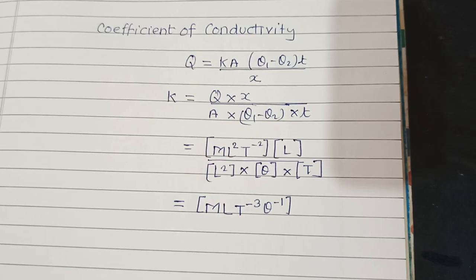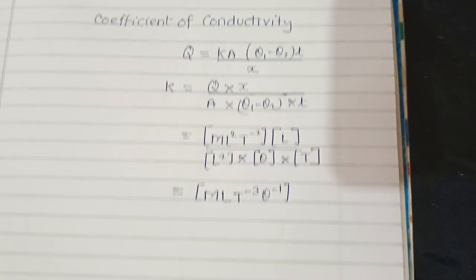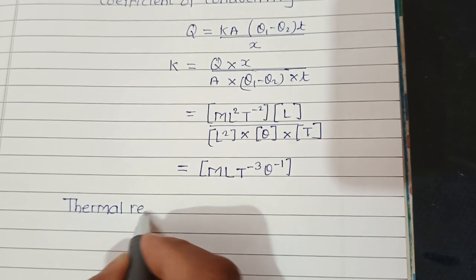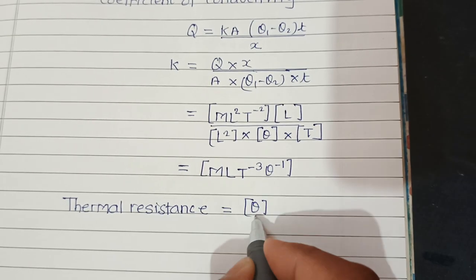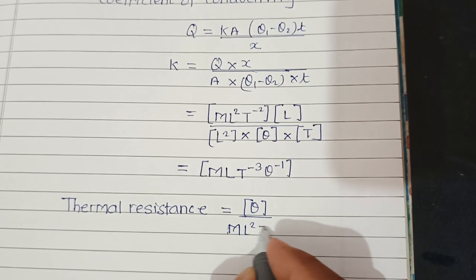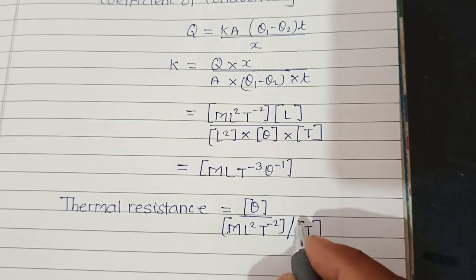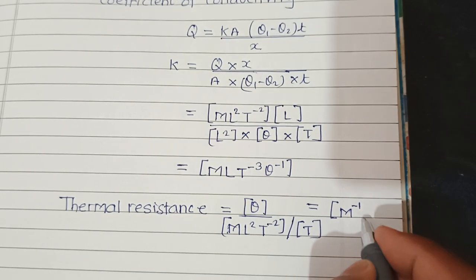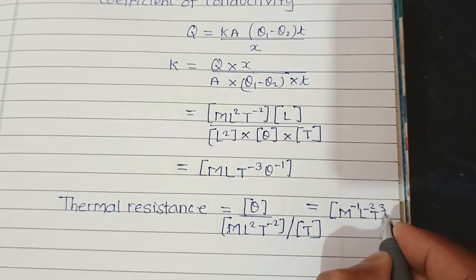Now thermal resistance is theta upon m l square T minus 2 upon T. So that is m minus 1 l minus 2 T 3 theta. Okay,